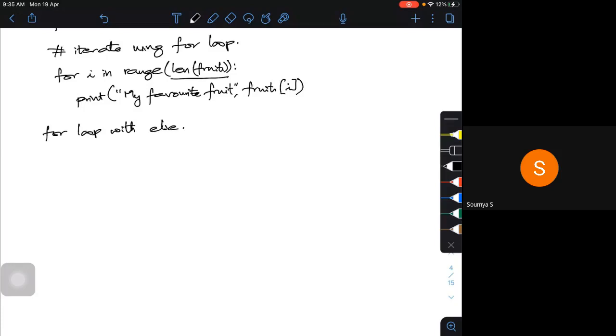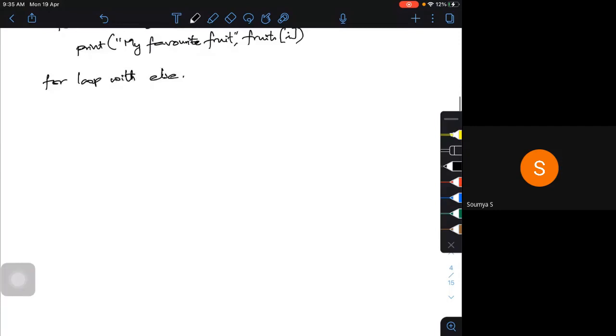That means one after the other, 1, 2, 3, 4, like that, all the items are finished, it got exhausted, and then it will come out. Okay, let me see an example for it.